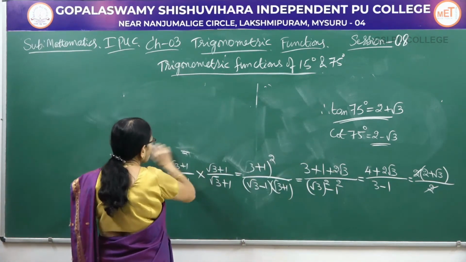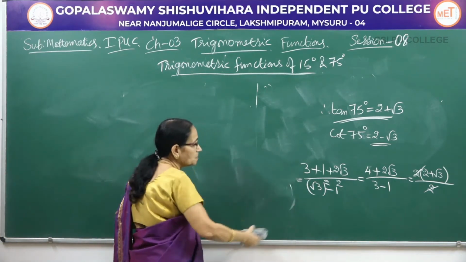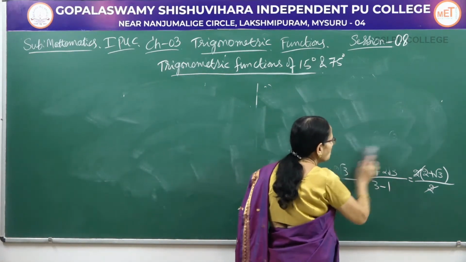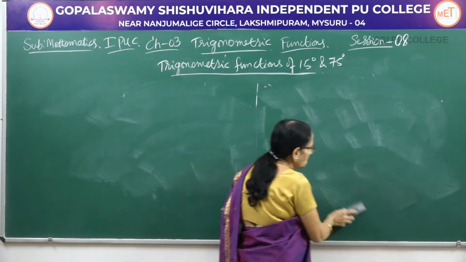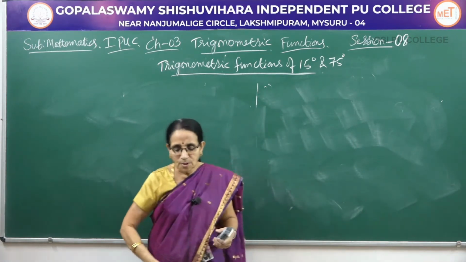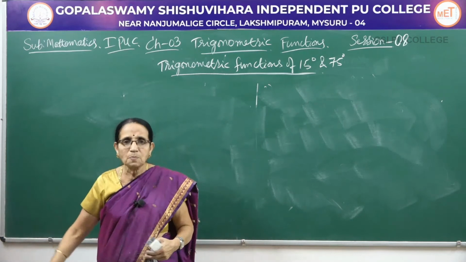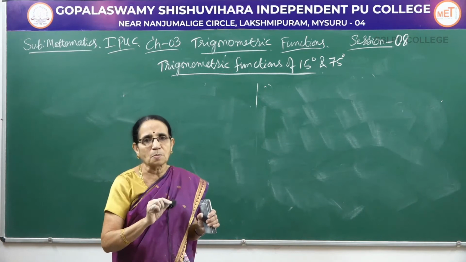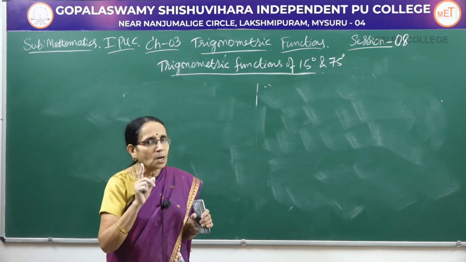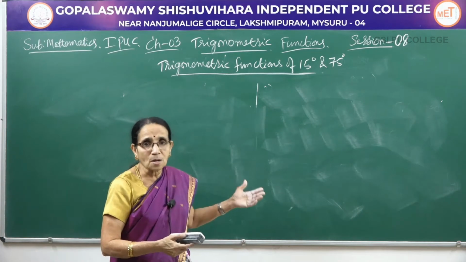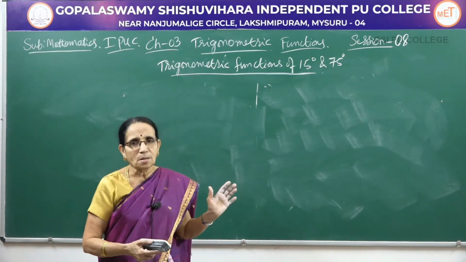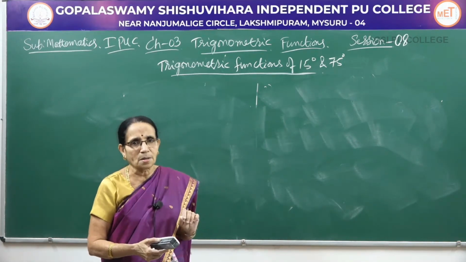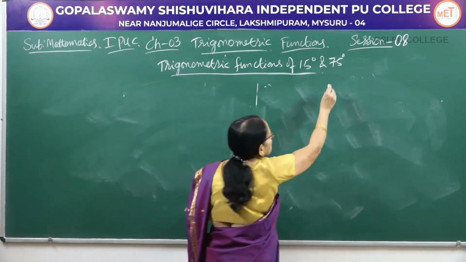So this is how usually such problems can be expected for a 2-mark question. In this case, first you split the angle and write 45 plus 30 for 75 degree, then apply the formula. When you split the angle and apply the formula sin A cos B plus cos A sin B, you get 1 mark for that. And writing the standard values and doing the simplification, you get the remaining mark. If it is asked for a 2-mark question, usually this is how the marks are allotted. So this 75 angle, it is over.